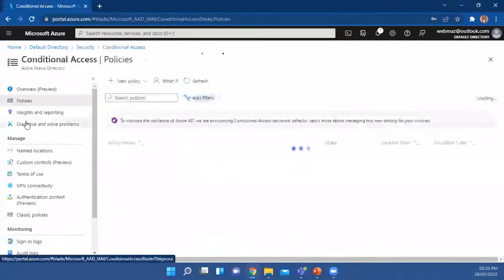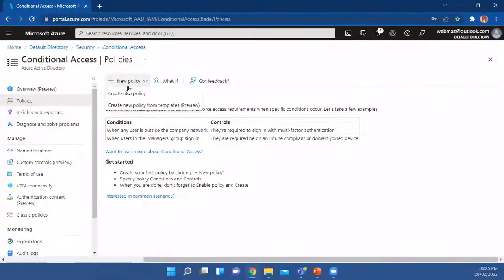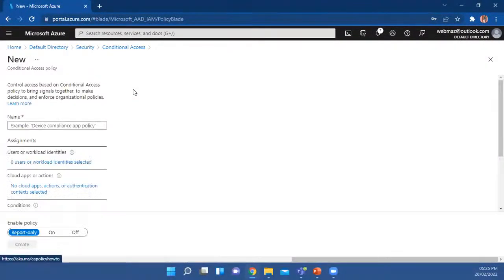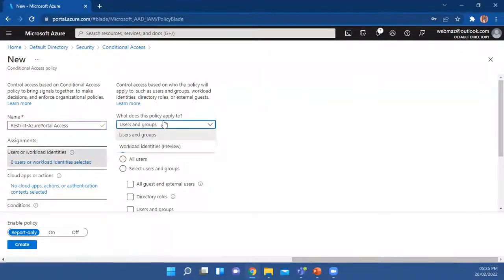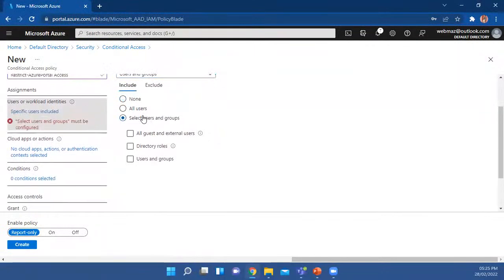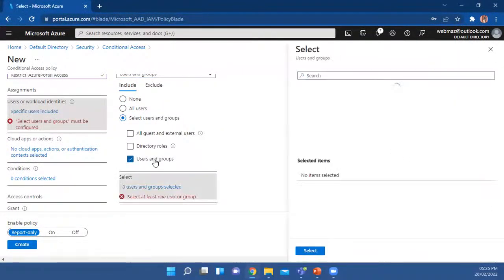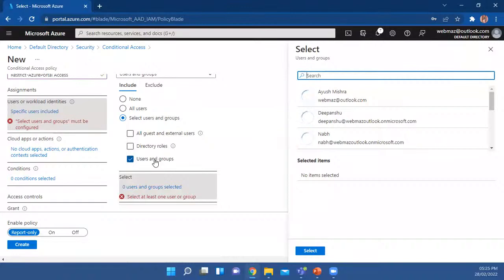So let me click on this one and I want to create a new policy here. And this policy is restrict Azure portal access. For example, this is my policy name, which is restricting the access to the Azure portal. Then I need to select the user, group, workload, and identities. So let me select the users, and into that one, I want to apply that policy to the specific users only. So for this task, let me select the user Dipanshu this time,